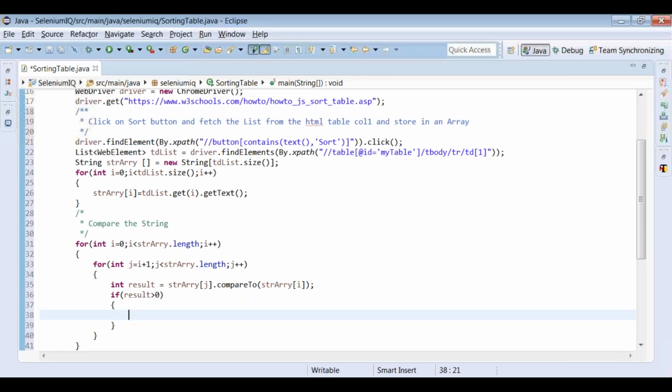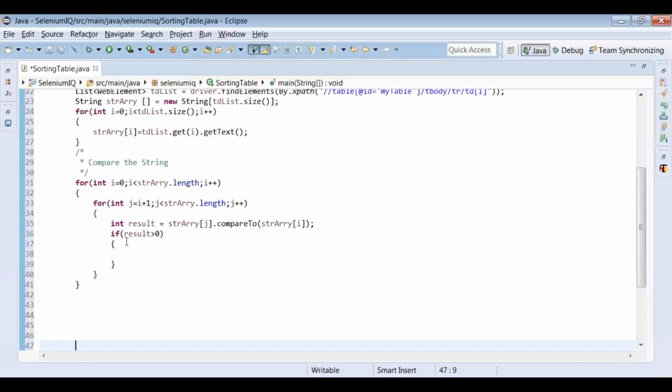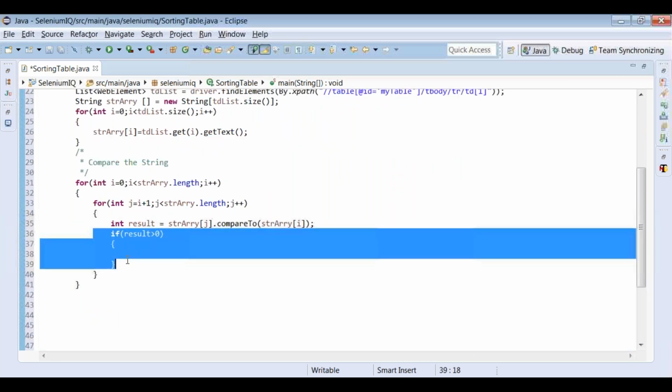But what we have to do if they are not displayed in lexicographical order, then we have to say that the list is not sorted. So if result is greater than 0, the result will always be greater than 0 when sorted. It will be false if they're not greater than 0.